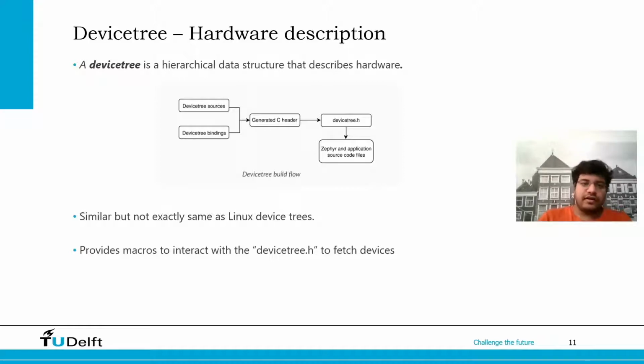Thank you, Rohan. So now let's explore how Zephyr interacts with the hardware on which it works. It does that by using device tree. Device tree is a data structure that describes each hardware component. It might be a sensor or an actual GPIO that can be described in the device tree. During compile time, the device tree is compiled into a C header that the user applications can interact with. The developer can then interact with any hardware by calling the appropriate macro, and that macro gives back a device structure on which the user can then operate.